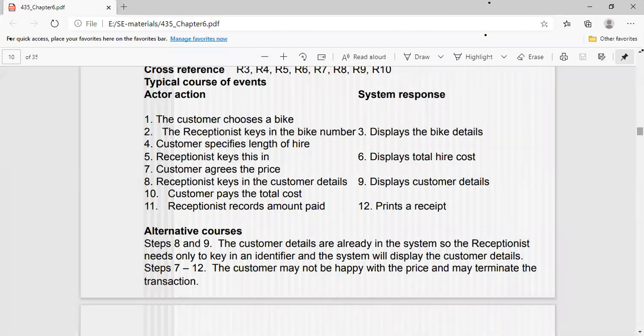Or otherwise, he may go out from the shop, he doesn't want to hire the bike, and then he leaves that place, isn't it? So there are another two choices with this particular project. Clear? Like this, you should describe your module or project. Then let's see the next slide.